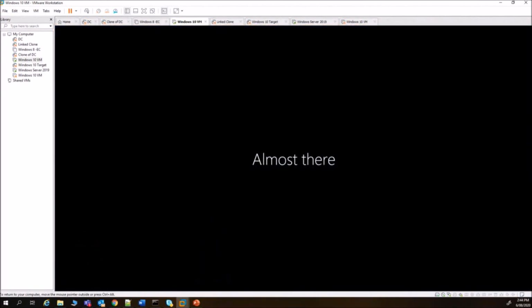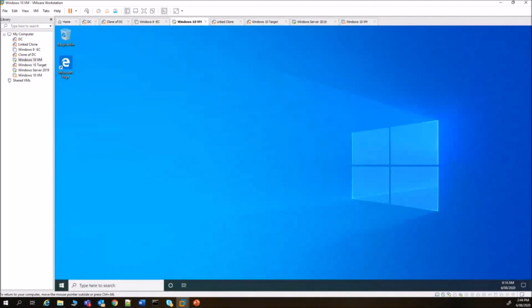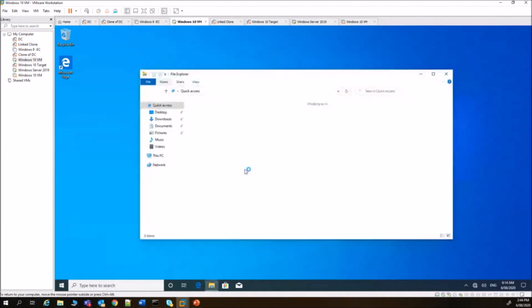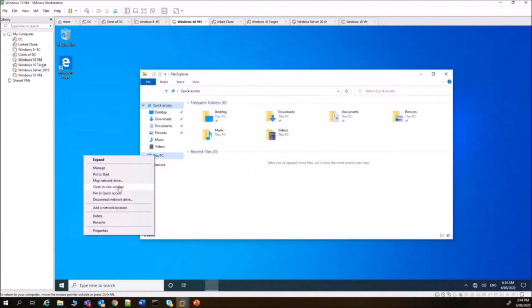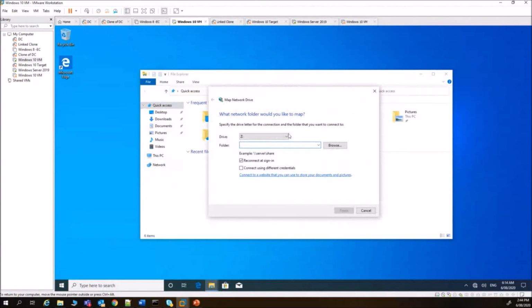All right, let's have a look at this. Okay, so we know all about the mapping of the drive, so we can just go straight to it. L drive / server1 / student files,